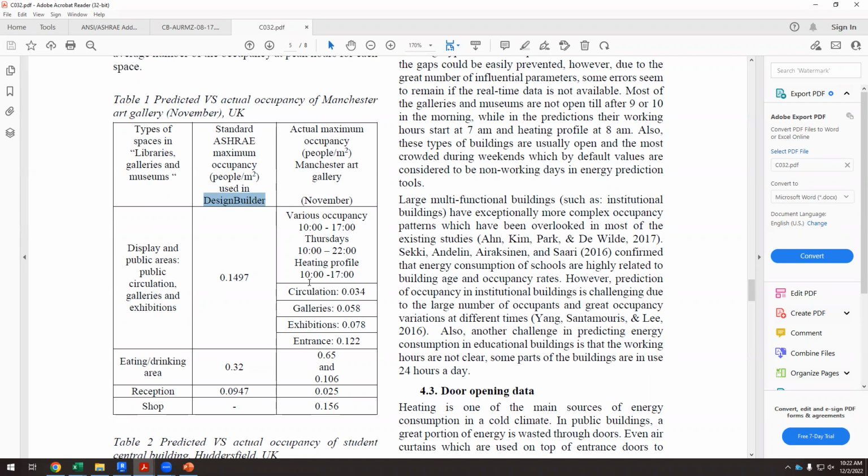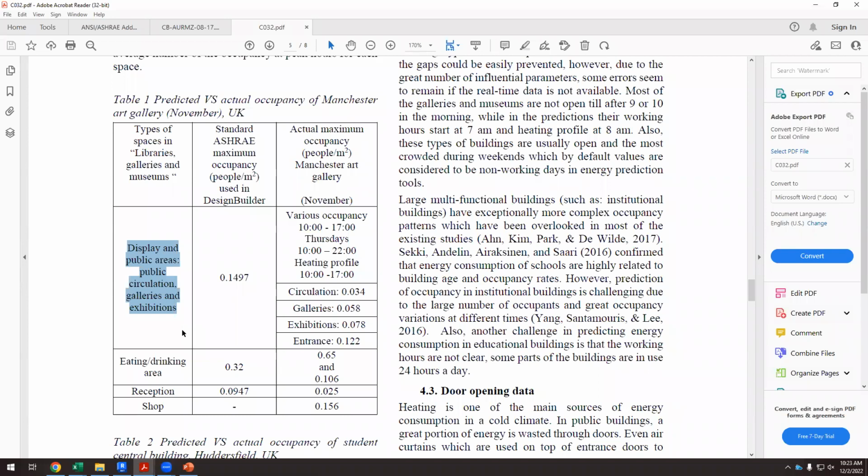Here we have the circulation, the gallery, the exhibitions, and the entrance. Then we have the eating and drinking area, the reception, and the shop. So this is what ASHRAE says, and this is the actual, okay? Because sometimes we simulate something when we are designing, but the real building has a different occupancy. Let's use this. If we have display and public areas, public circulation, galleries and exhibition, this can be the gallery and the lobby, because it's a public circulation, and they suggest